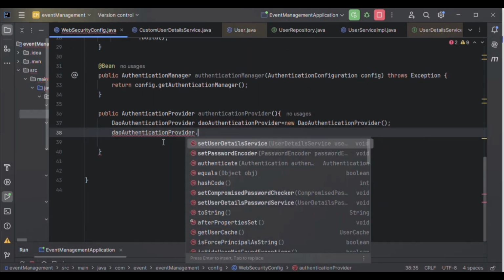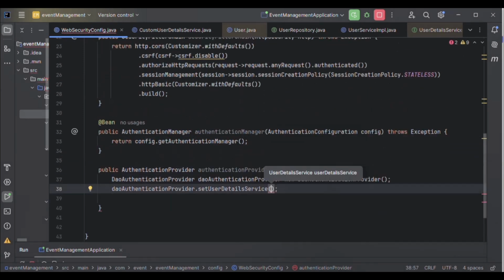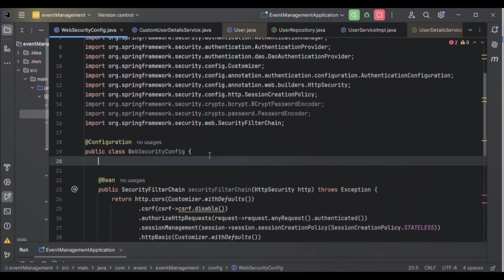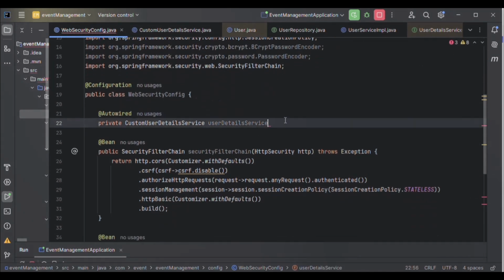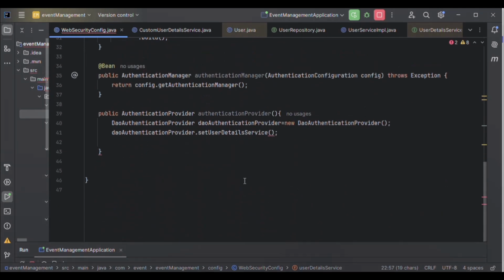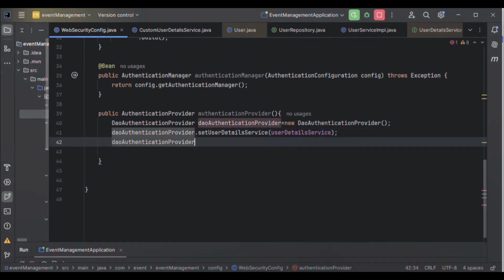Now here we set the user details service. We have just created our custom UserDetailsService. So let's get the object of that with @Autowired. Now here we have the userDetailsService. We pass that object here to setUserDetailsService.